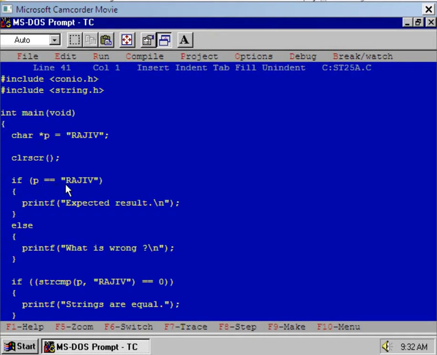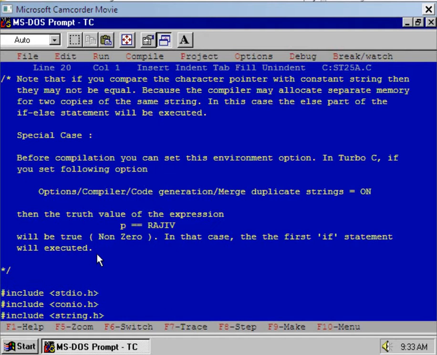So this means P is equal to Rajiv is false, because P contains the address of the first string, while this is a second string at a different memory location. That is why this statement is false, and hence the else part was executed, and that is why the wrong message was displayed. Is it clear?